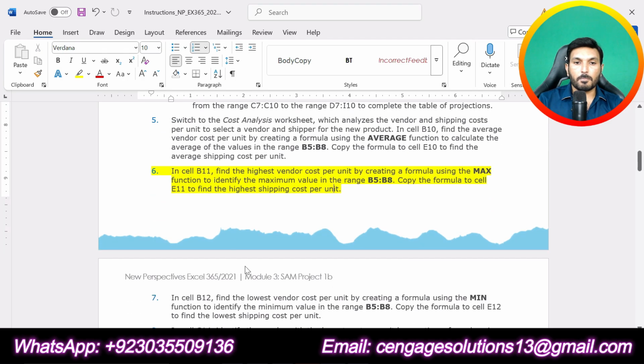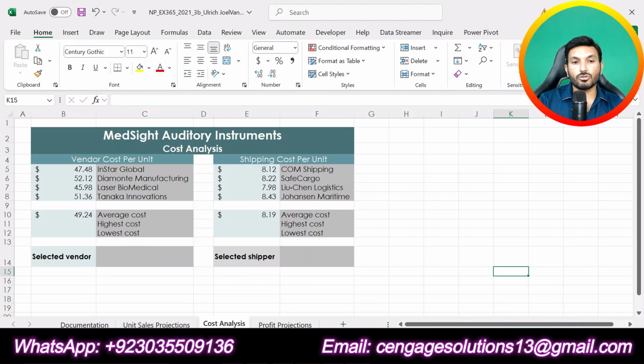Step number 6. In cell B11, find the highest vendor cost per unit by creating a formula using the max function to identify the maximum values in the range B5 up to B8. Copy the formula to cell E11 to find the highest shipping cost per unit. So now in step number 6, we are supposed to get the highest vendor cost per unit, and in cell E11 we are supposed to get the highest shipping